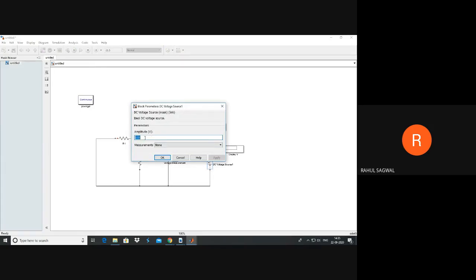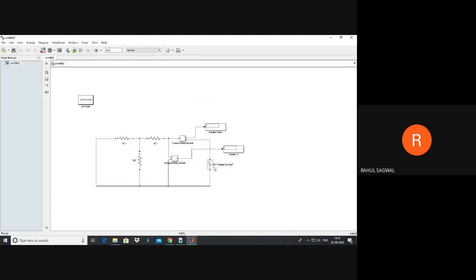In our original circuit, there was 220 volt, if you remember, but you can select any value, even 1 volt. That won't make any difference here because accordingly the current value will change. If you are selecting 220 volt, some different branch current will be here, and by dividing those two we can get RTH. Similarly, if you take some lower value, let's say 1 volt, the current value will change accordingly, but your RTH will be the same in both cases.